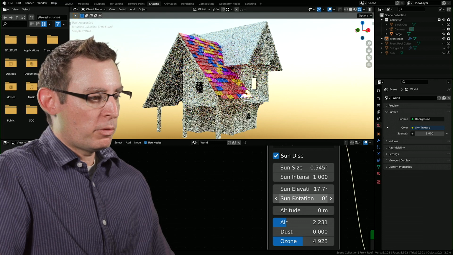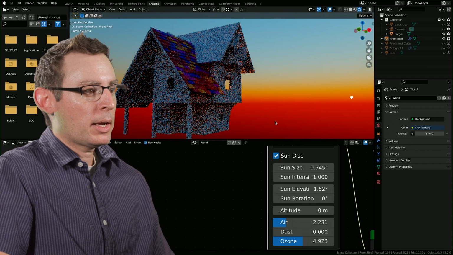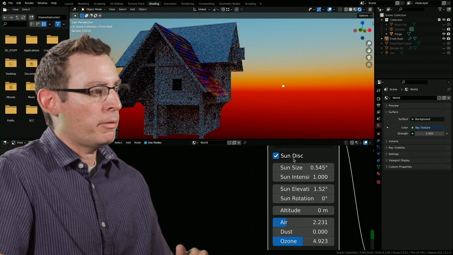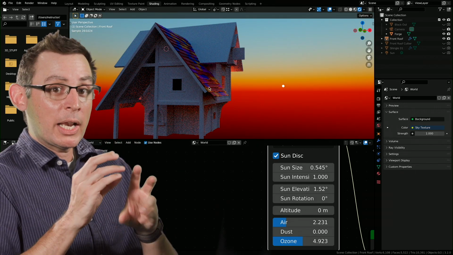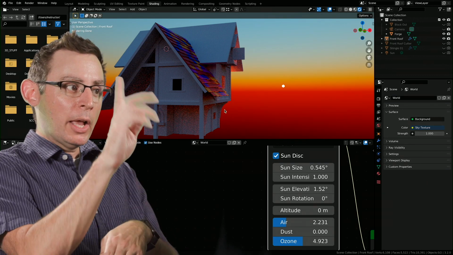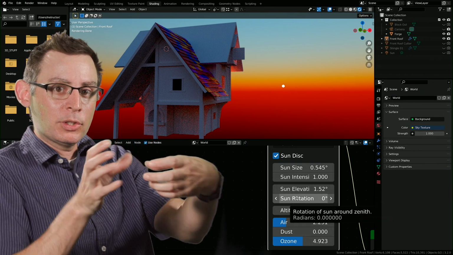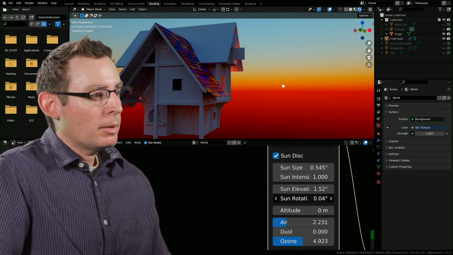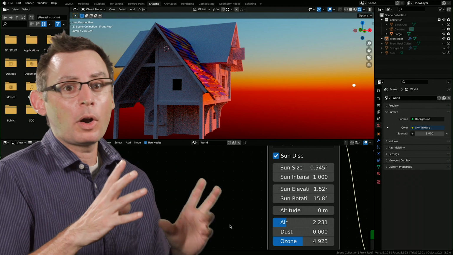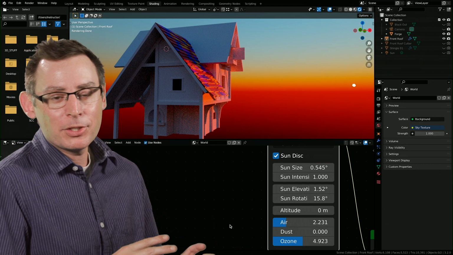One final thing about this before we move on to the next one, if I bring this down a little bit, so we get our solar disk back. There it is. You can actually turn the sun disk on and off. Some people like to have it on and off. I like to have it on in this case because it's actually providing a wonderful illumination source for my building, which is pretty cool. In addition to changing the elevation, we can also change the rotation of the sun. So imagine we're spinning the Earth this way, which is pretty rad. We want the sun pointed that way. So we have a lot of control over our background with this algorithm and this sky texture, thanks to the wonderful magic of this Cycles rendering engine.